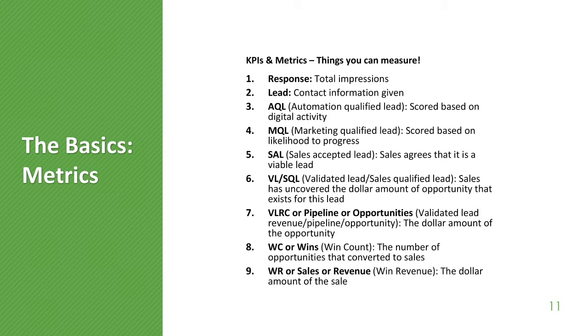AQL is an automation qualified lead. That means that you're not handing a list of leads to a salesperson and they're looking through them and going, okay, this one looks good, this one looks good. They're not following up to tell you if they're good or not. You have a system in place within your marketing automation tool to qualify the lead based on a whole bunch of different things. It could be the company they work for, the title they have. There may even be information in your system already about that particular person and how they've interacted with your content. So these system automations can actually score the lead before it gets to sales. And we're going to talk about that in just a minute. And it's very important though.